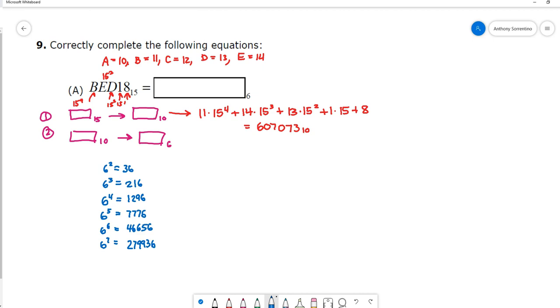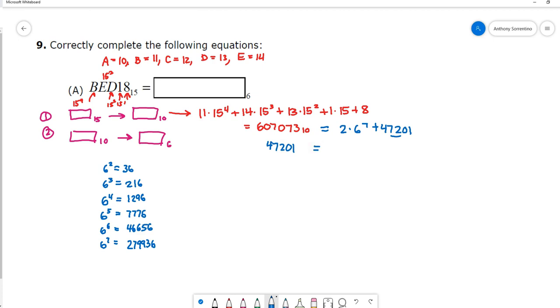So the first number I'm going to divide into this is 6 to the 7th power. So I basically do that division, 607073 divided by 279936, and I find out that this is equal to 2 times 6 to the 7th plus 47,201. I now take this remainder, the 47,201,